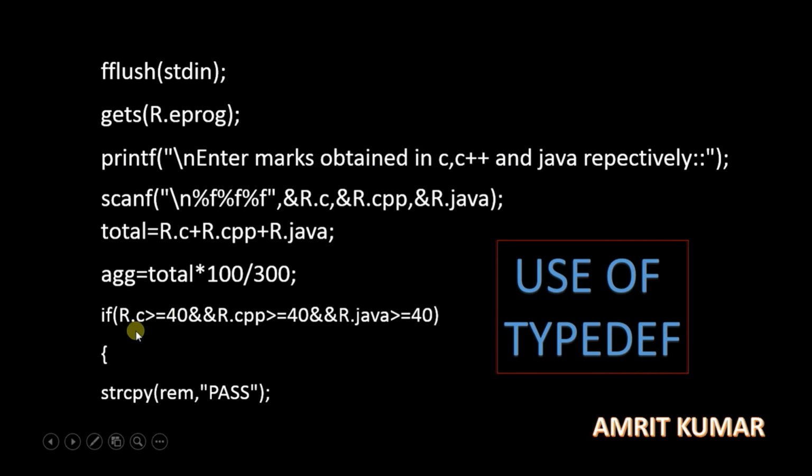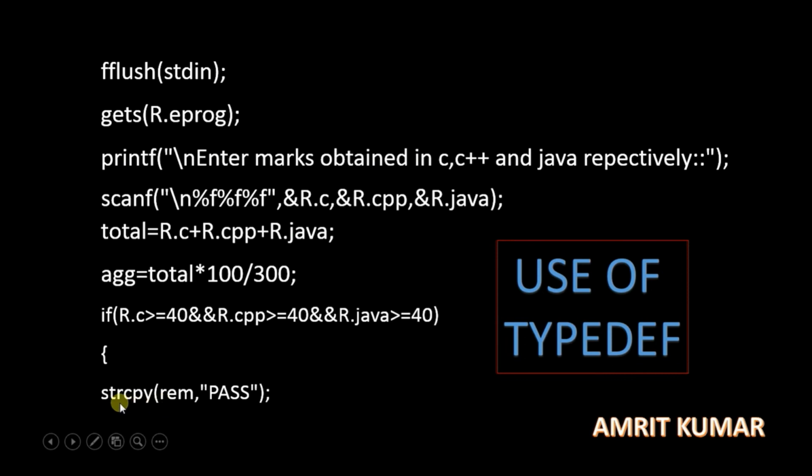And here you can see, if r.c is greater than or equal to 14, logical AND operator, and r.cpp is greater than or equal to 14, logical AND operator, and r.java is greater than or equal to 14, then